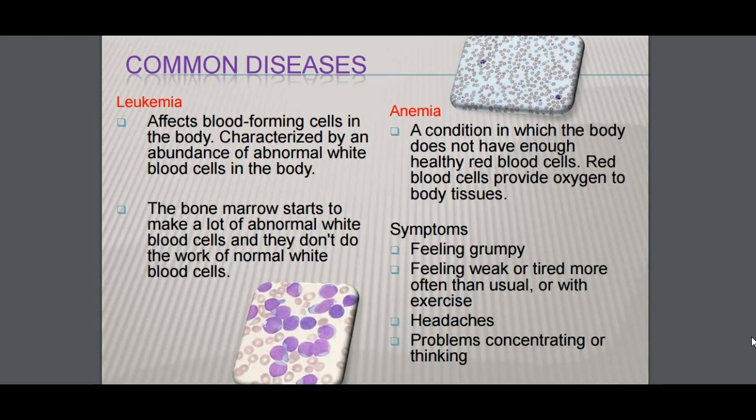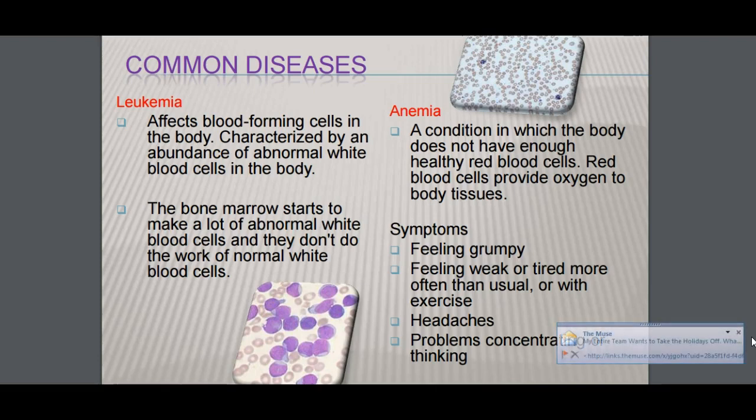Some common diseases of the blood are leukemia, which affects blood-forming cells in the body, characterized by an abundance of abnormal white blood cells in the body. The bone marrow starts to make a lot of abnormal white blood cells, and they don't work like the